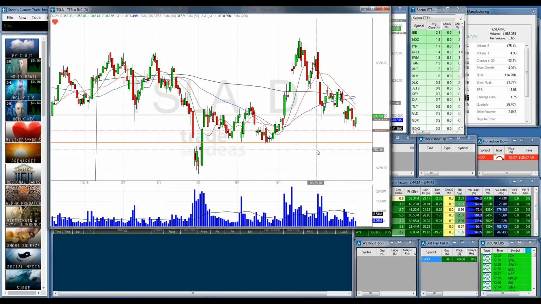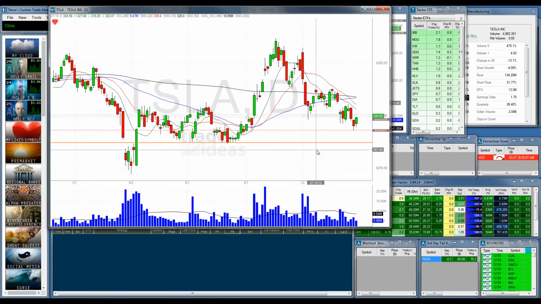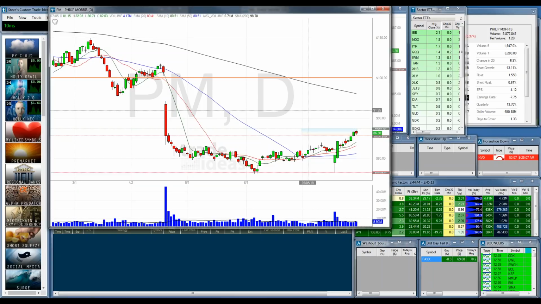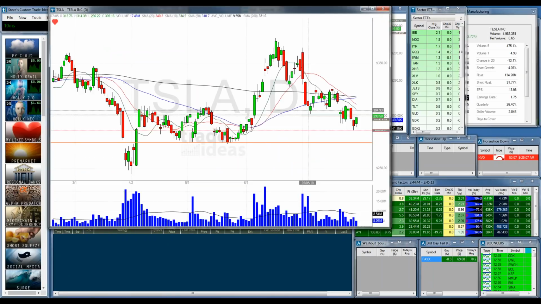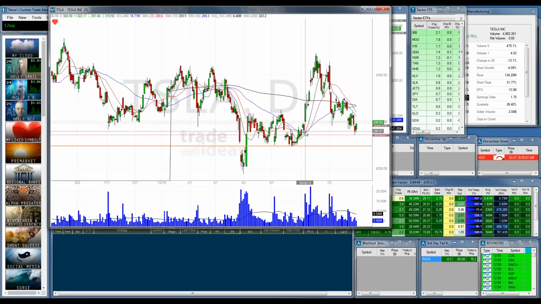So those were the two basic ideas of Trade of the Week this week. Trying to get back to something more simple as a base building in Philip Morris, but something more aggressive for people who dare maybe play a little bit of action. Tesla. They're priced to perfection right now, and there's a lot of story stuff going on behind the scenes